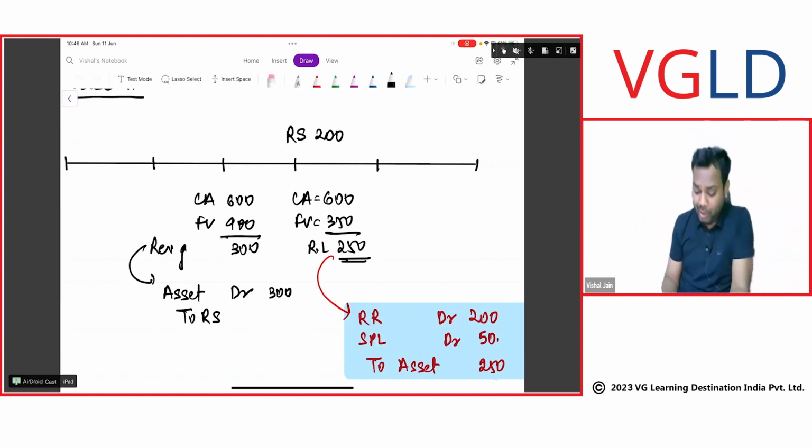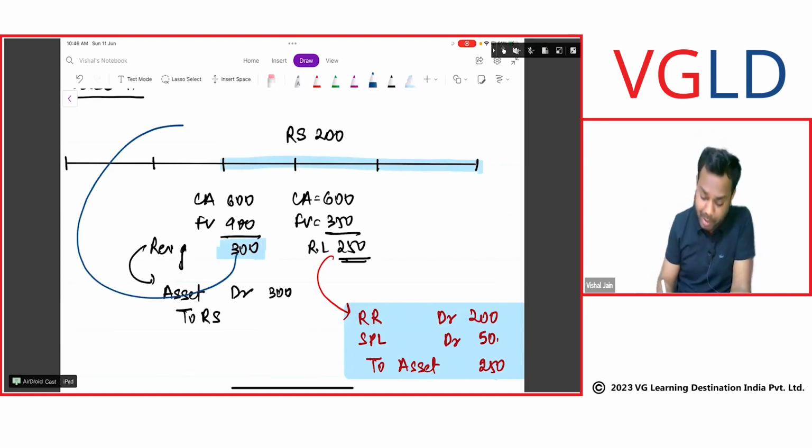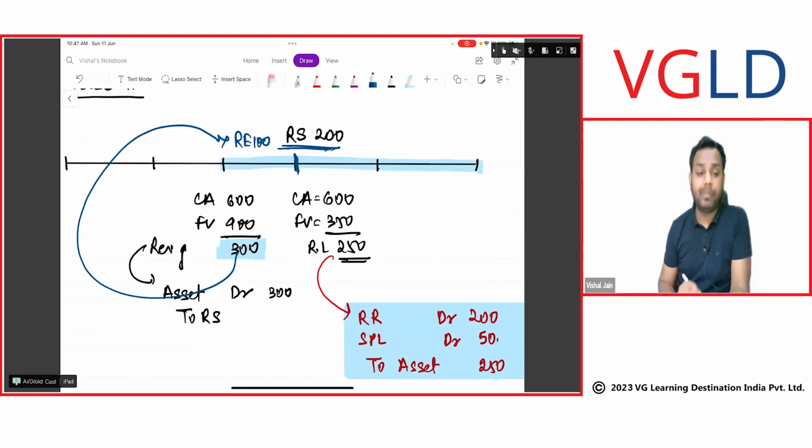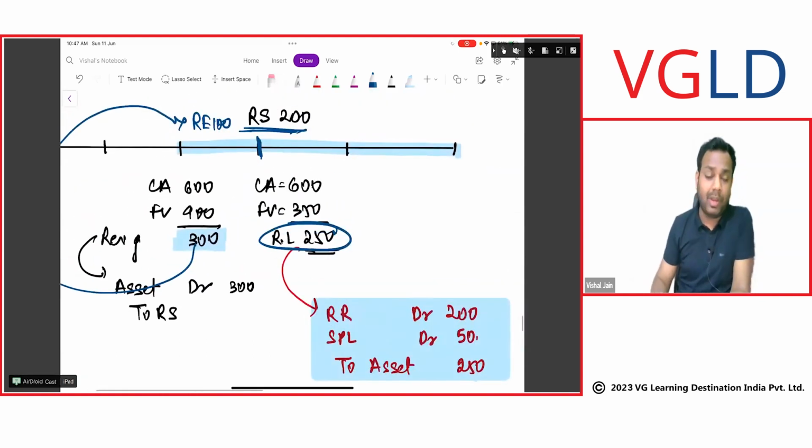Then tell me what was the revaluation reserve here? 300, right? This 300 will be transferred over these 3 years. So 100 will be transferred to retained earnings. So the balance of revaluation surplus at the end of the third year will be 200, right? Now I have a revaluation loss of how much? 250, right? Now this 250 should be adjusted with revaluation reserve, but I don't have the balance.